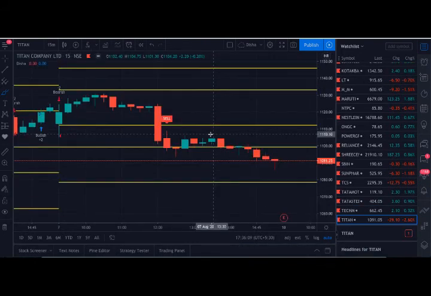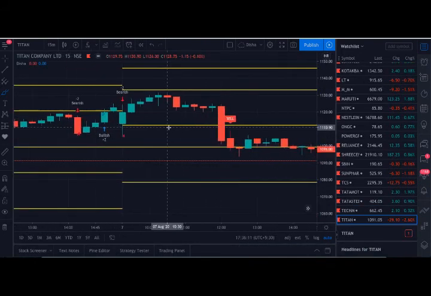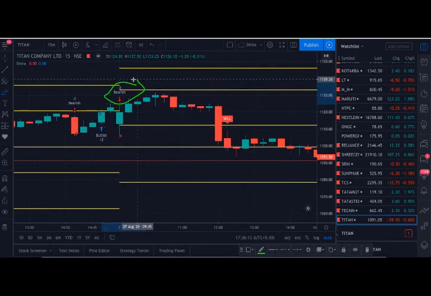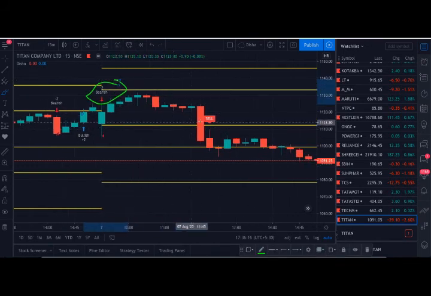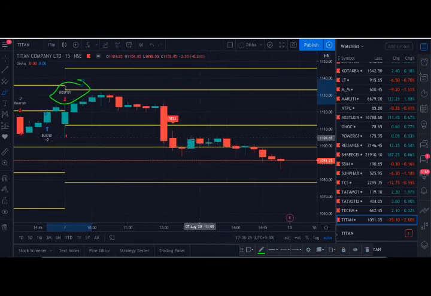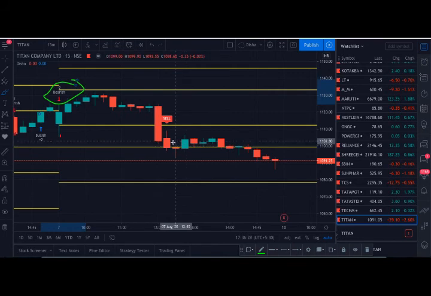Titan, you can see, yes, the stock is bearish. It has given a sell signal. You can place the order just below this line. See here, if you placed the sell order below this line, maybe something around here, the stop loss would be above this line, maybe here. It hasn't touched the stop loss, and hasn't touched the target yet, but given some profit.